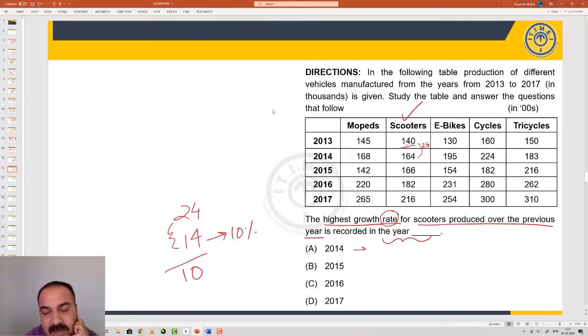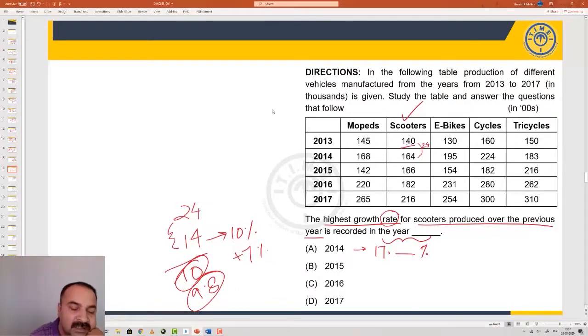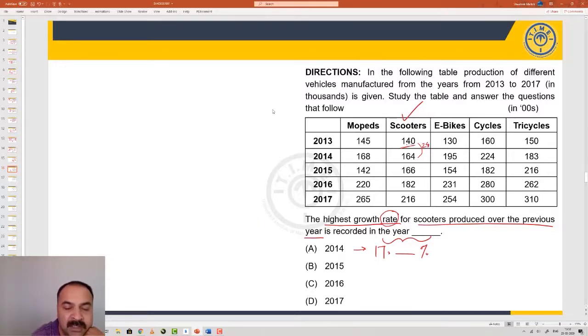1.4 is 1%. 1.4 sevens are 9.8. So approximately 7 would give you close to this. 10 plus 7% is going to give you close to what you needed. So you're likely to get 17 point something percentage. We will not calculate these last exact digits of these percentage calculations because it might not be needed to choose which year has the maximum data. If it is needed, we'll get to those requisite values.